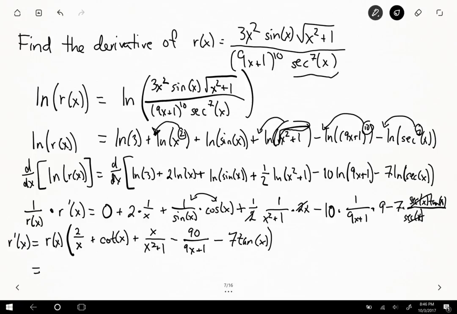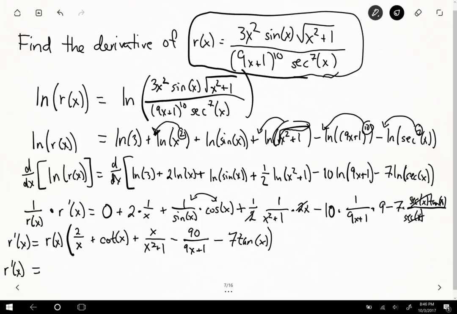So now the last piece of this puzzle, what does r prime of x equal? So r prime of x equals, well, we need r of x times all this. What the heck is r of x? Well, if you look, we have right out the gate r of x equals all that junk. So notice this is 3x squared times sine of x times the square root of x squared plus 1, times 9x plus 1 to the 10th, and then secant to the 7th of x, or as I mentioned, you could make the cosine to the 7th power of x up in the numerator,